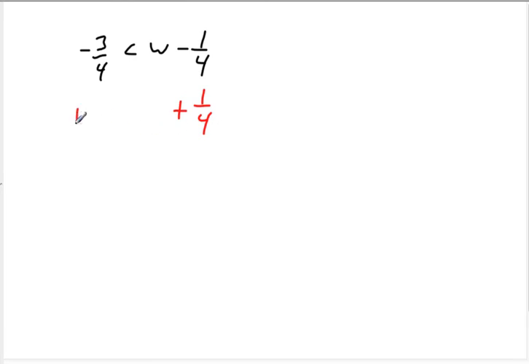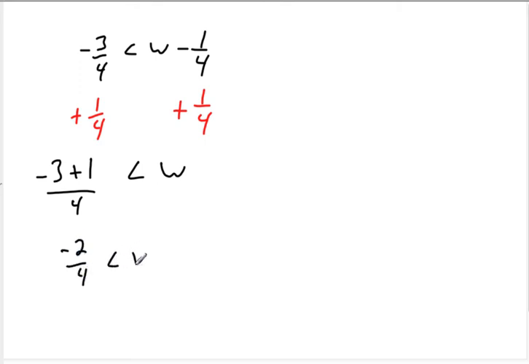So we're going to add 1/4, add 1/4. On this right side, we're going to get a w. On the left side, well, what we end up with really is negative 3 plus 1 over 4, right? So that's negative 2 over 4, which is negative 1/2. Remember this negative, it can go here. The negative 1/2 is the same as negative 1 over 2 or